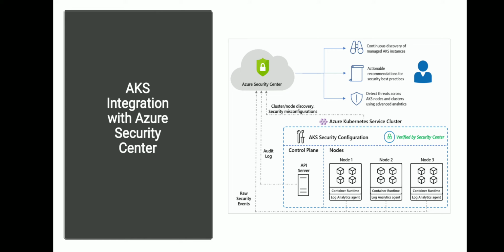Environment hardening means Security Center constantly monitors the configuration of your Kubernetes cluster and Docker configuration. It then generates recommendations that reflect industry standards. I discussed in my previous slides the CIS benchmarks for Docker and Kubernetes. What it does is it has a list of those rules and benchmarks, so it verifies the configuration against those benchmarks, and if there are any gaps, they are reflected in the dashboard.